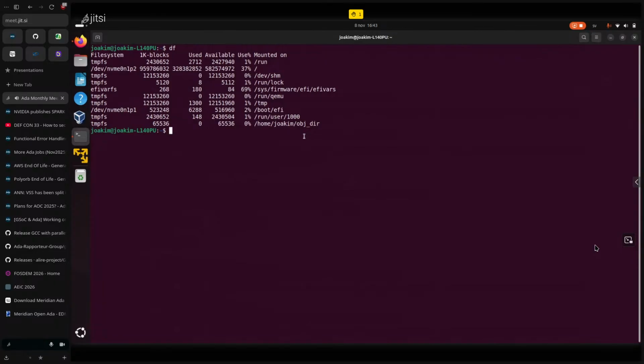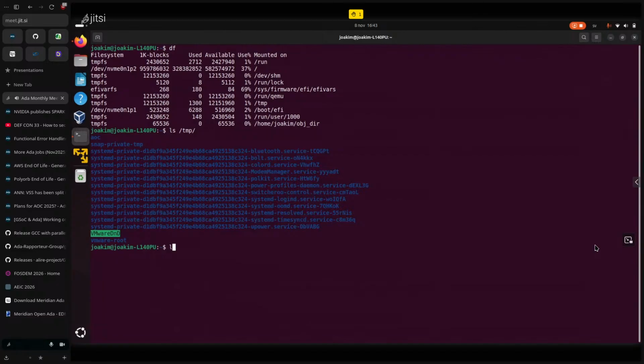This is on a Linux-based system, but on Linux you have this temporary directory. It doesn't contain anything special, but all the files in this directory are probably in the RAM memory. It's a little bit complicated like that.